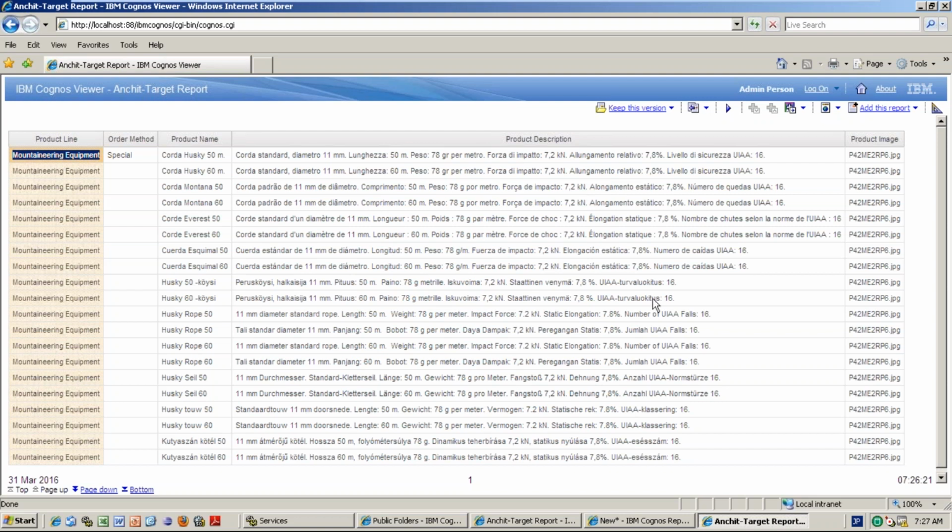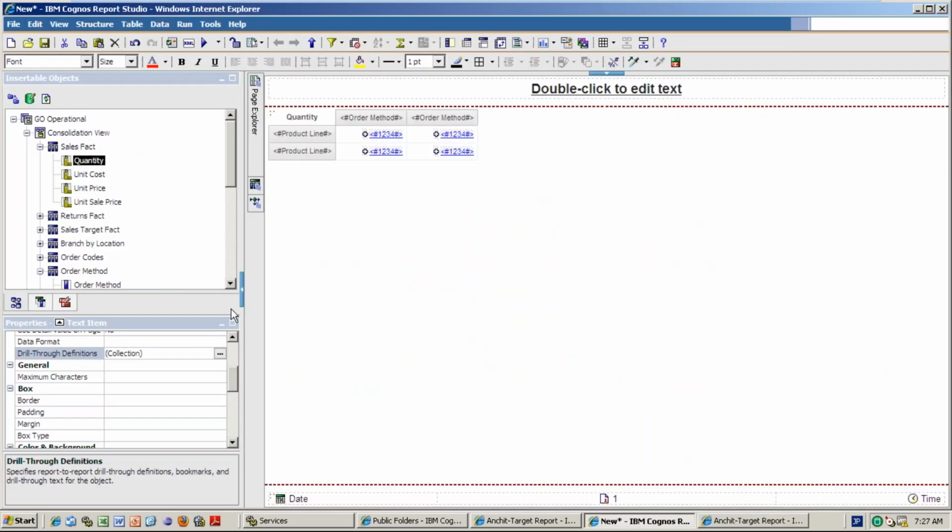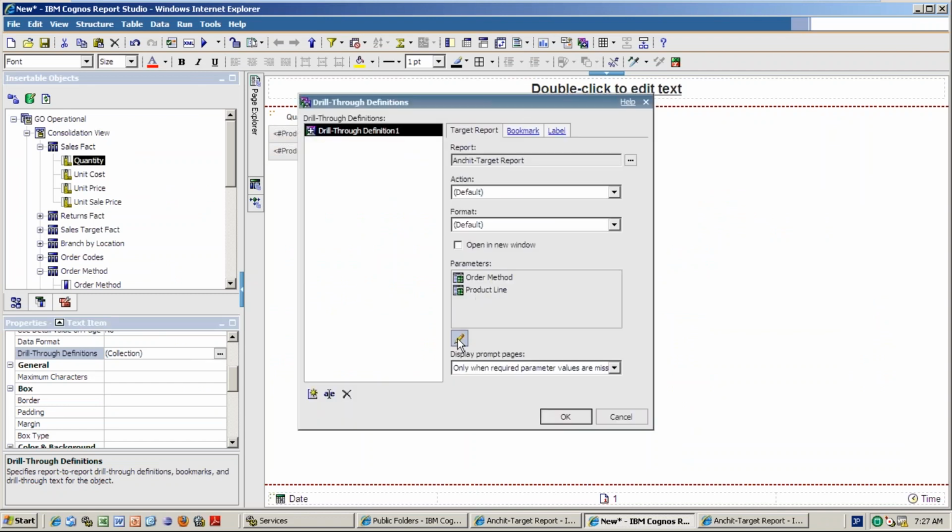Clear? Are there any questions? But here there are three types of parameter passing from one report to another report. One is a data item we are passing. But next, the same thing, for example, in the drill through definition, there are three parameters that are important in the interviews also.